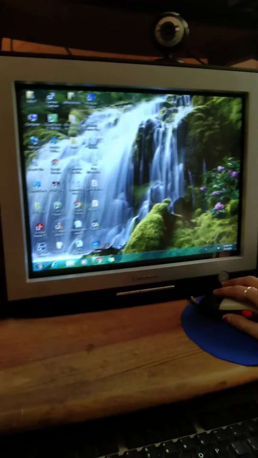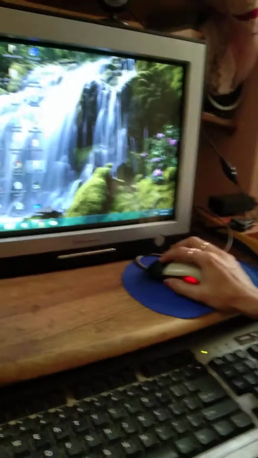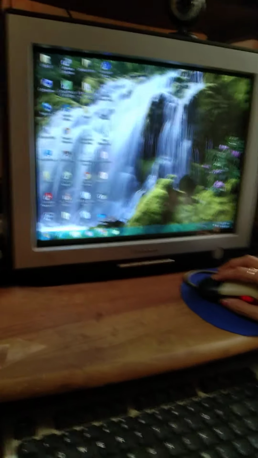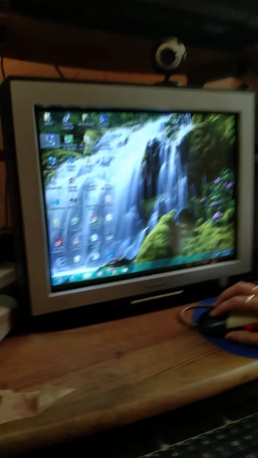When we switch on a computer, the first screen that we get is called the desktop, and these graphical images or the pictures on the desktop are called icons. Here we can see computer icon.